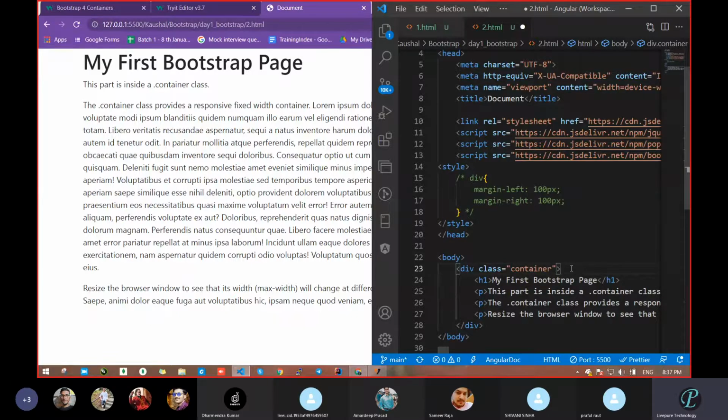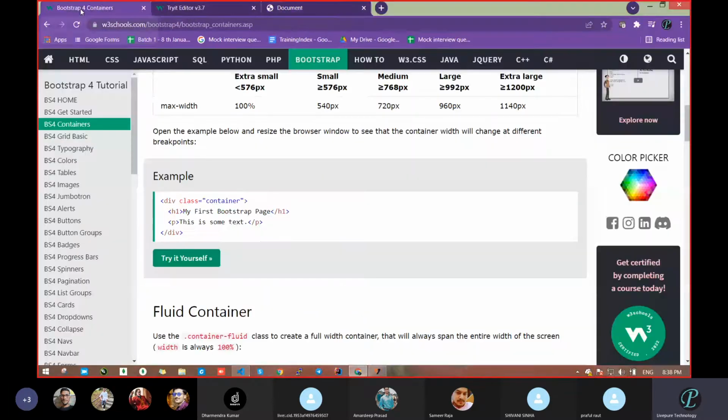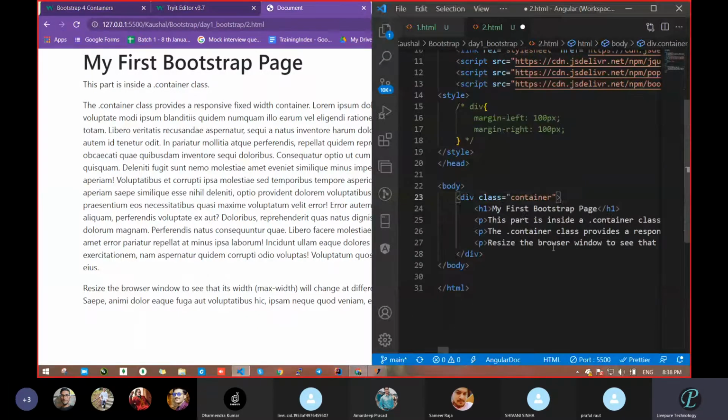While learning, at the starting time, we will go through the class names one by one. But after that, wherever you need something, search in Bootstrap. You can go into the Bootstrap documentation and search, and suddenly you will get the idea which class does what. No need to remember all of these, but you will get the idea automatically. When you work, most of the classes will be in your mind.